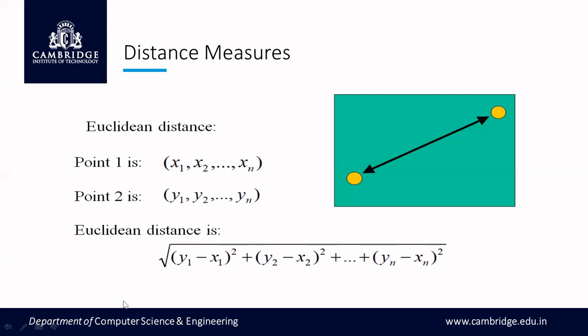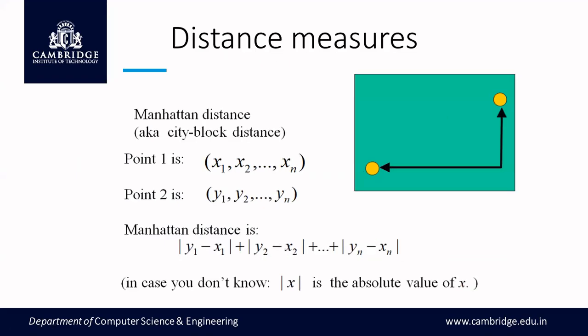You can have n points. Using this Euclidean distance, we can also calculate mean square error between two points. In order to find the mean square error, we'll be using Euclidean distance. So if you are trying to find the distance between two points, the best approach is to use Euclidean distance. I hope you remember this.